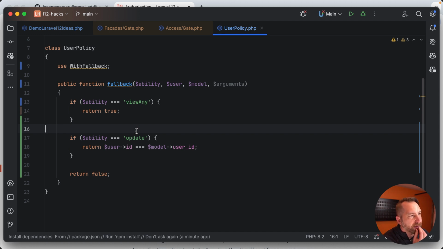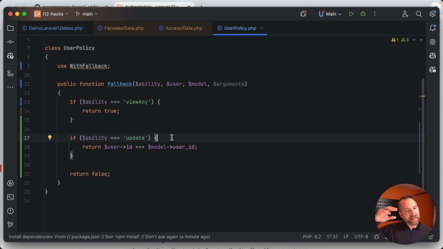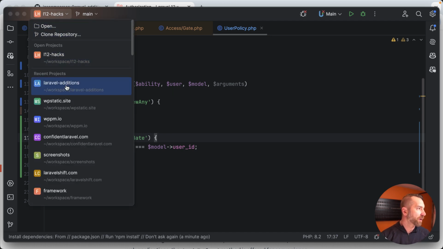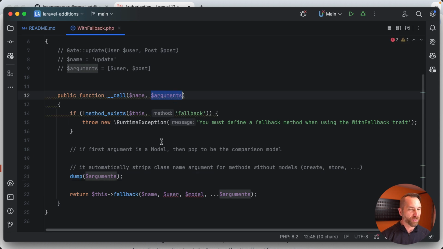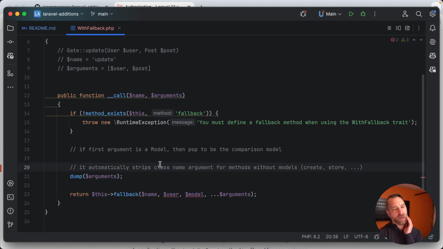The problem is, from the magic method's perspective, it's not as clean. It doesn't know that it's getting user and model. In the PR for Laravel, I was at the gate, so I had access to ability, user, and model, and I could just pass it in directly. But from call, if we go back to Laravel additions, you just get an array of arguments now, and now I have to make the assumption